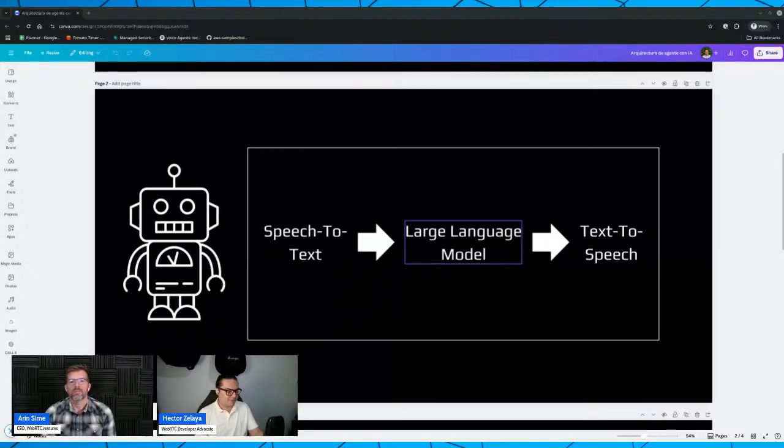So for some use cases, of course, you can go ahead and use a large multimodal model if you have the budget. But for the majority of the cases, you will have an agent that follows this cascade with this initial set of models,